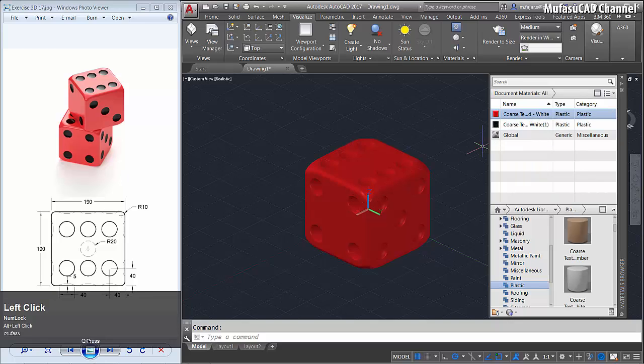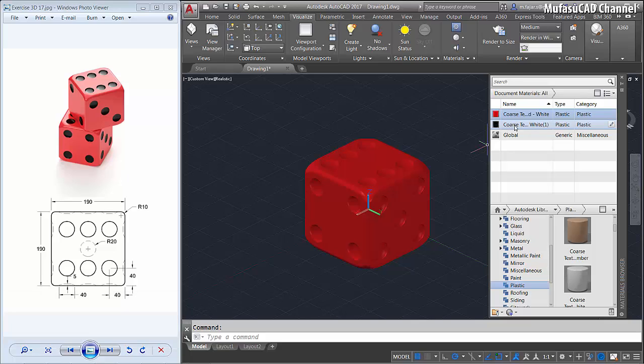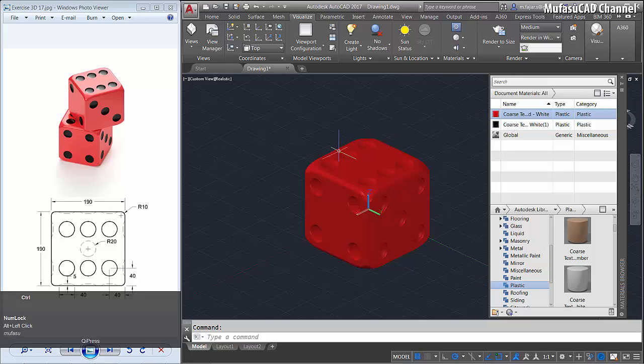Okay, next I will apply this black material. You can press Ctrl button and select this face. Okay, you can select this face one by one. Okay, we will apply black color into this face.